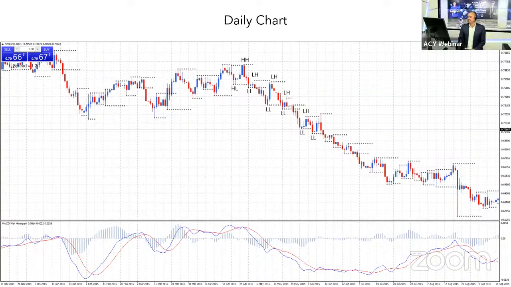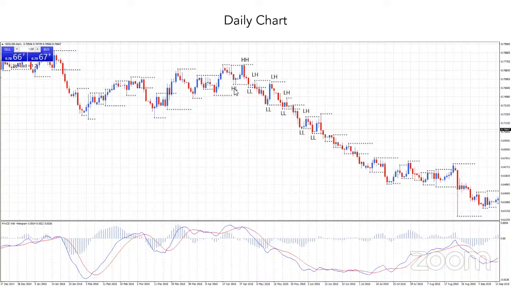All right, so we have a higher low here, moving up to a higher high, but then things change and price action moves down to a lower low. That's the first signal of a change in trend. The downtrend starts when we break below the last higher low. Then, of course, we get a 2 to 3 day rally here, and then we move down to form a lower high, and then we get a series of lower low, lower high, lower low, lower high, lower low, lower high, lower low, and so on.